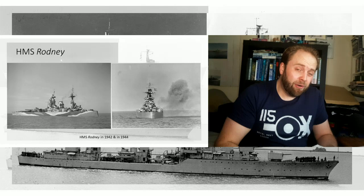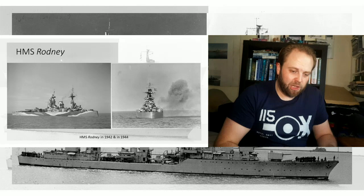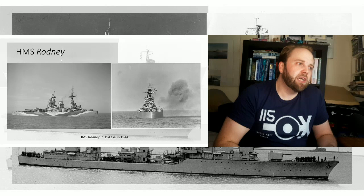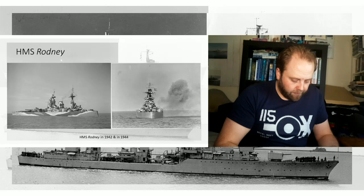and the crew actually do their own refit and repair, effecting temporary repairs with welding and all sorts of things, but she does eventually have to go into yards. And first of all, she goes into Recife, but she then sort of gets called out because there are issues with German battleships basically causing problems. She takes part in the action versus Bismarck. She does well there, but thankfully she's already scheduled for a major refit in Boston after this, but she continues